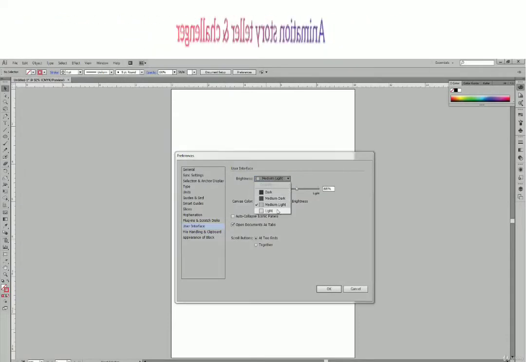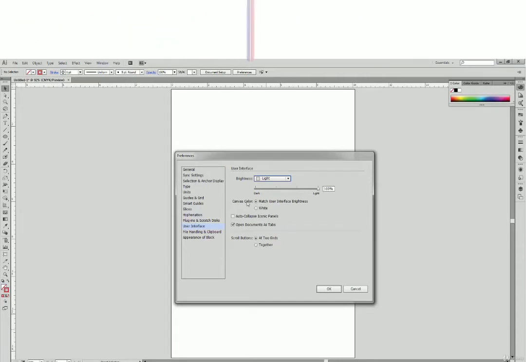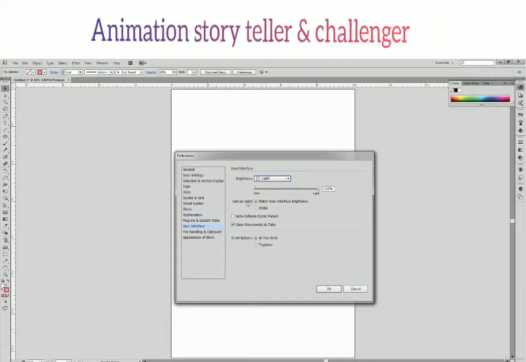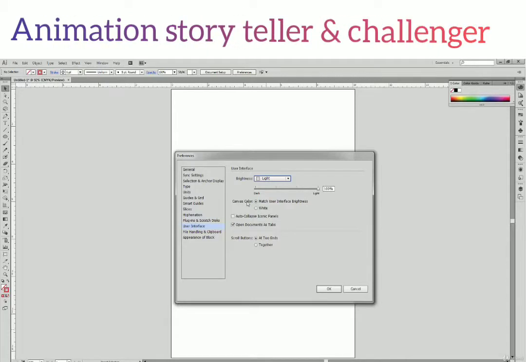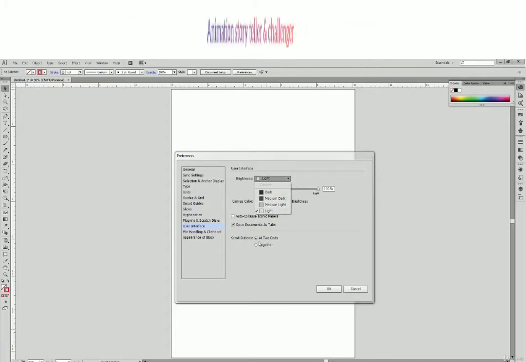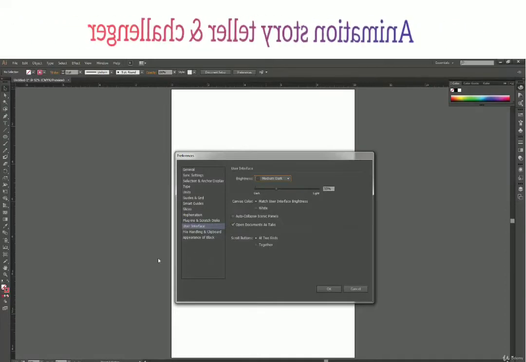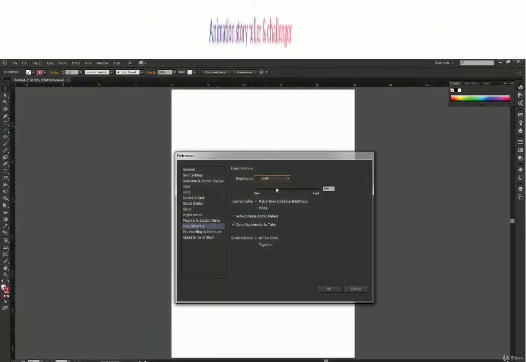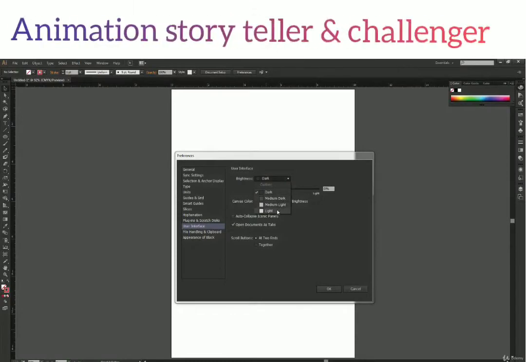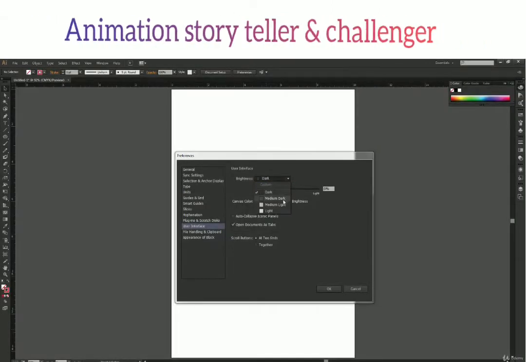So if you are an old school user of Illustrator and you are running Illustrator from CS or CS2 or CS3 version, you might want to use light settings because at that time Illustrator had this kind of look. But right now they switched to this medium dark. For me, medium dark is just fine. Even darker is fine. It doesn't make any difference. But it depends on you. So we have 4 options over here, 4 color schemes over here.